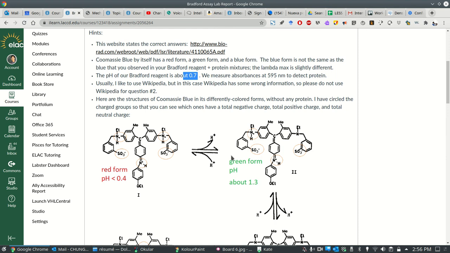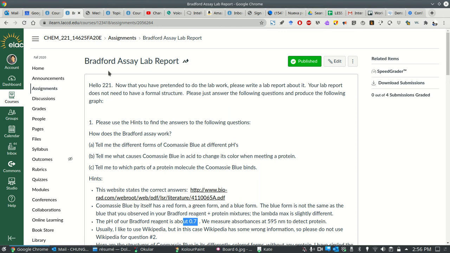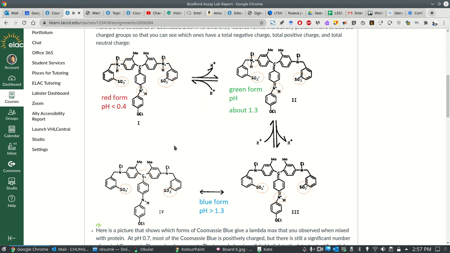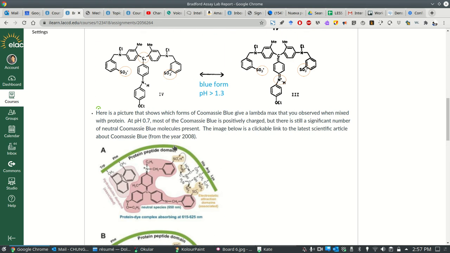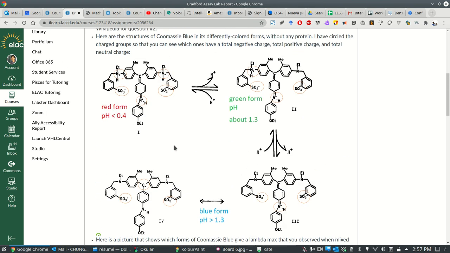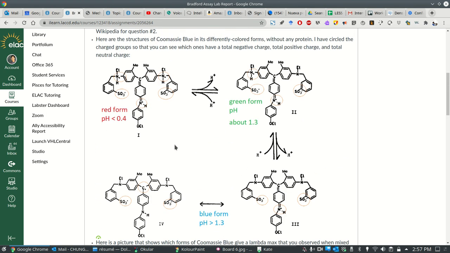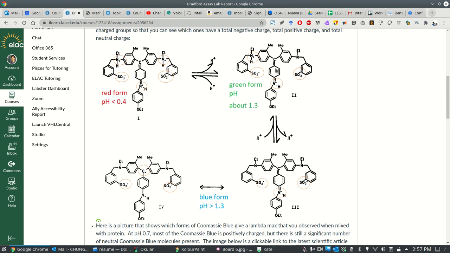All right? So this is one reason why in the pre-lab quiz you found that the Bradford assay requires a 5-minute wait time. So you mix the Bradford reagent with your protein solution and you wait 5 minutes. Why would you do that? Why would you wait 5 minutes? I mean, most chemical reactions are pretty fast, especially at room temperature, am I right? I mean, maybe, but you have to wait 5 minutes because it may take some time for this molecule to